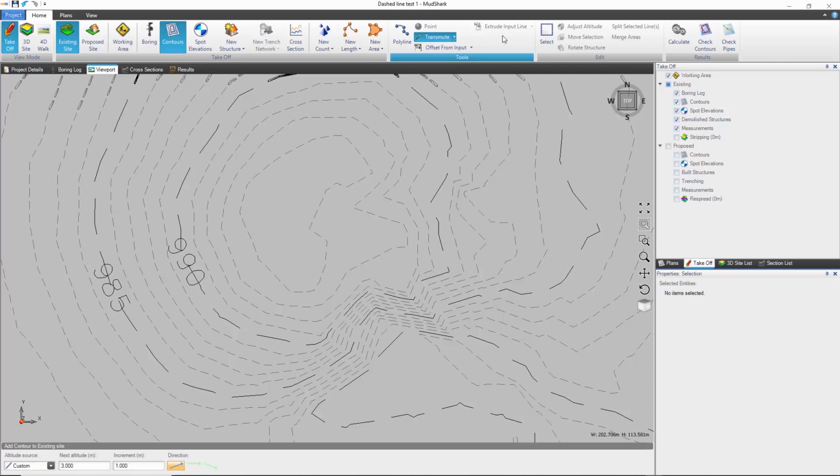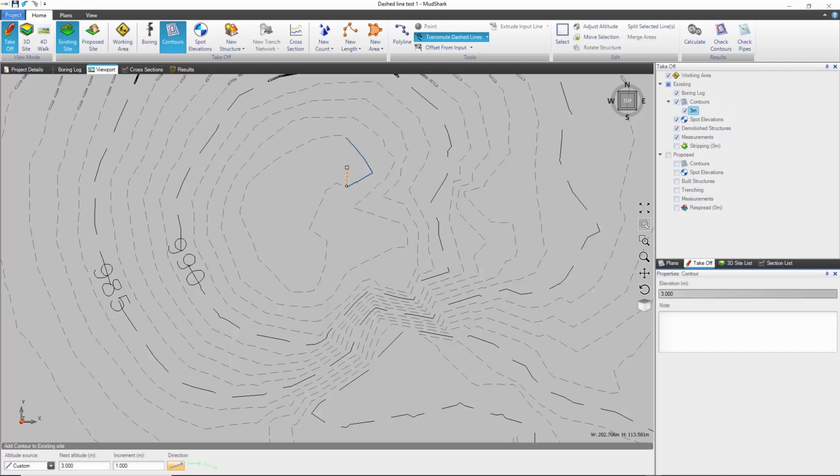So a really exciting feature I think that we've got now is with contours. Traditionally you've had to either trace them in with the polyline tool, or if you've got a continuous line you could transmute them, so really useful for doing things fast there. But when you had dash lines you had to resort to polyline to trace around, but now we've done a transmute dash lines option, and that will speed up your input considerably, because now all you need to do is give it a seed curve and it has a go at joining up all the dash lines around it,